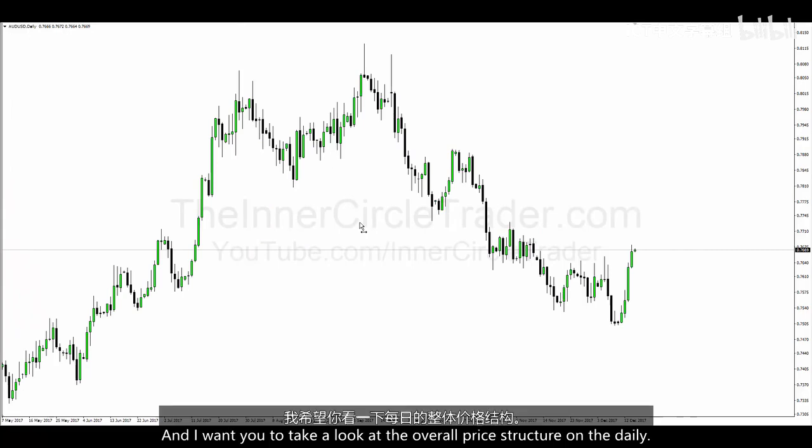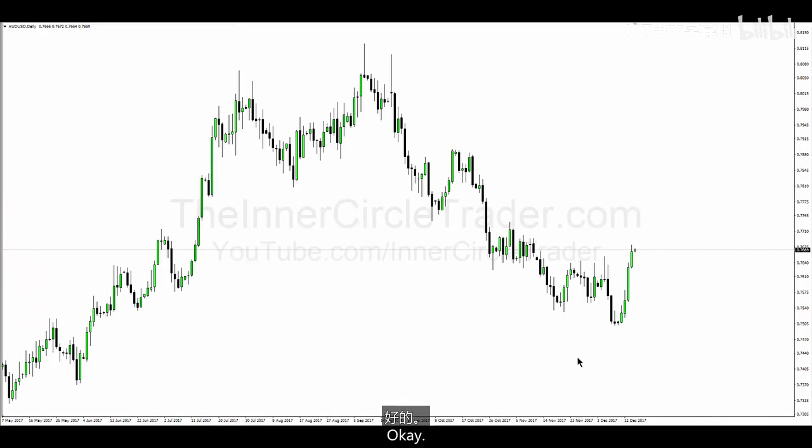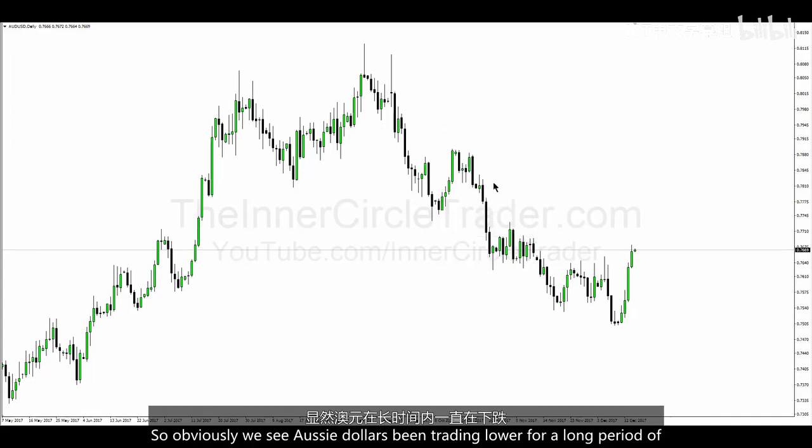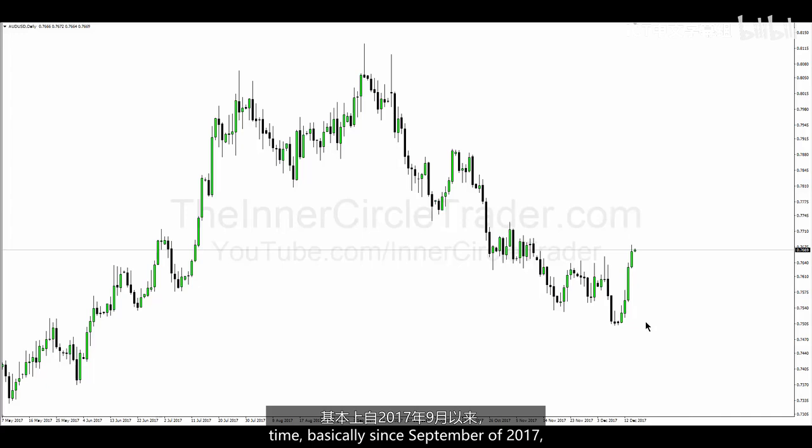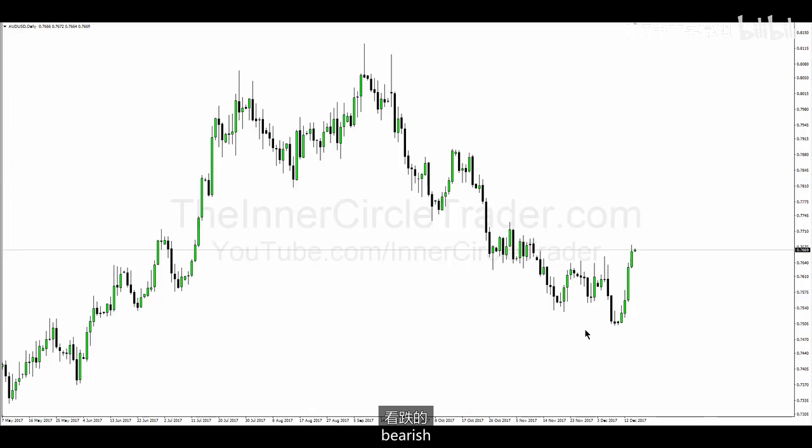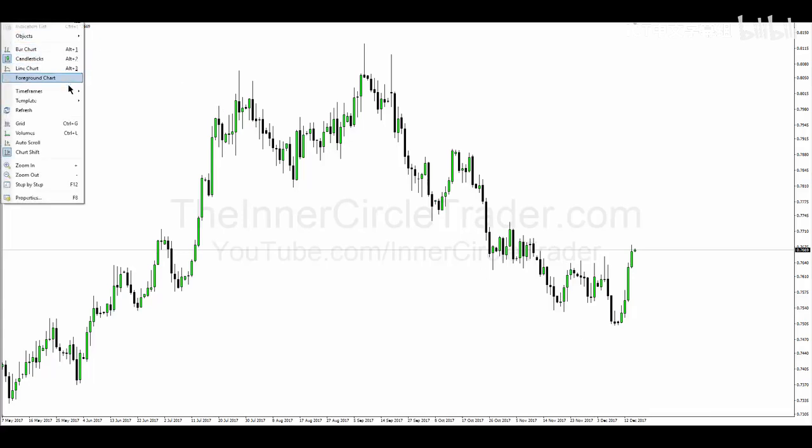Okay, and I want you to take a look at the overall price structure on the daily. So obviously we see Aussie dollar has been trading lower for a long period of time, basically since September of 2017. We've had several months of bearish prices. So if we go out to a weekly chart,